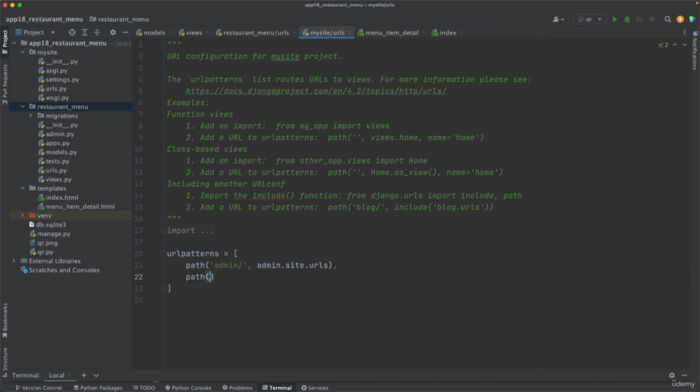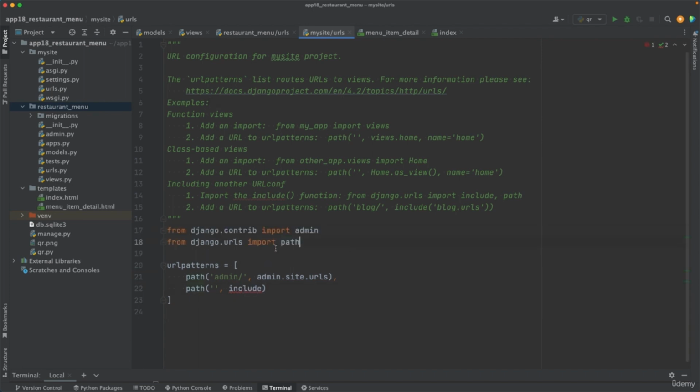So we need to register the URLs of that app using include, which is something we need to import. So from django.urls import path, comma, include. This is a function which we need to call, and as parameter, as an argument, we need to pass the name of the app, which is restaurant menu